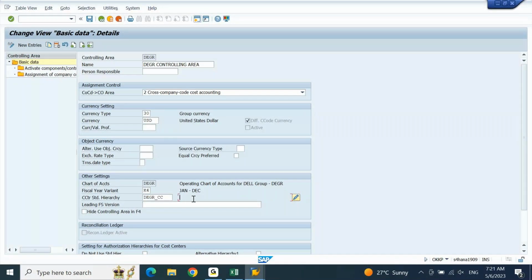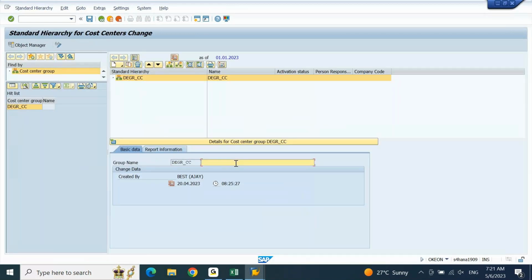You will find cost center hierarchy, but no description is coming up here because there is no description for this. So let's put a description here first. Dell Group cost center hierarchy. Okay, let me save this hierarchy also. If I click on save,